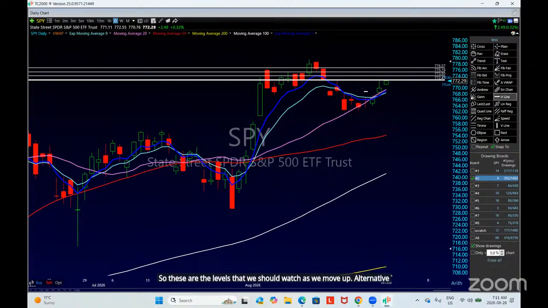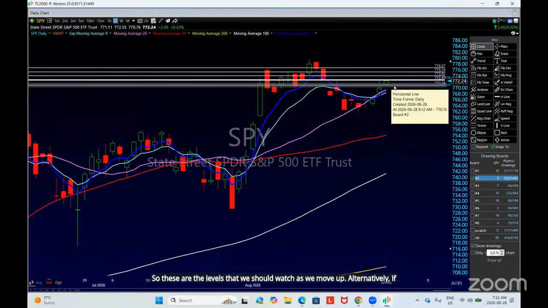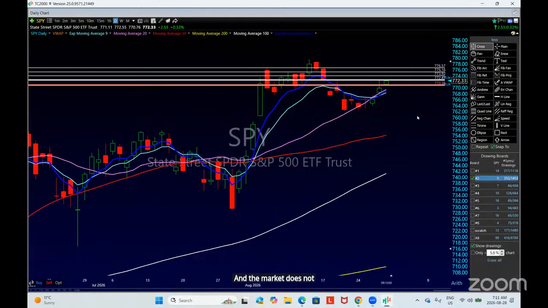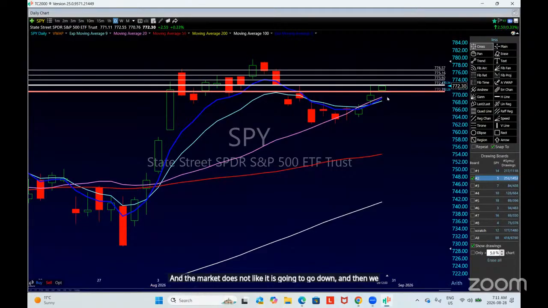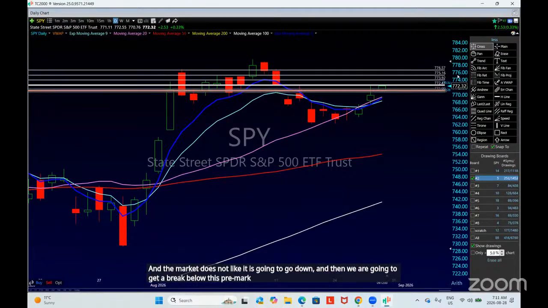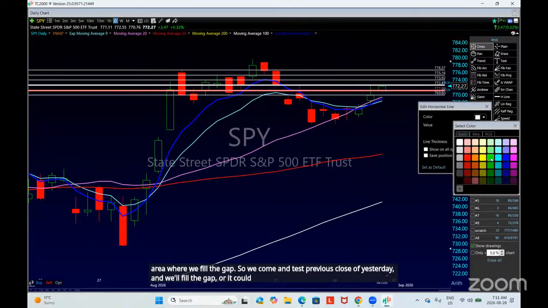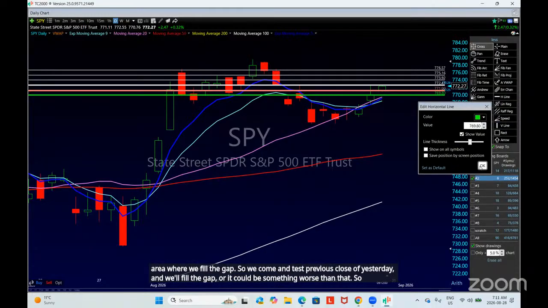Alternatively, if the Fed chair's speech is hawkish and the market does not like it, it's going to go down, and we are going to get a break below this pre-market low and get into this area where we fill the gap. So we come and test the previous close of yesterday and fill the gap, or it could be something worse than that. So typically, if these speeches are